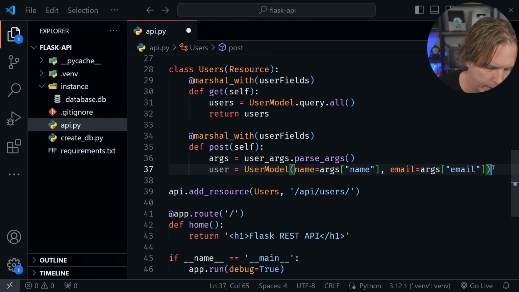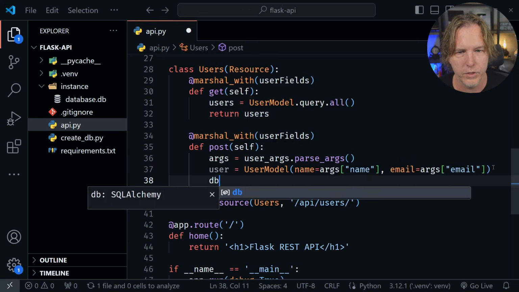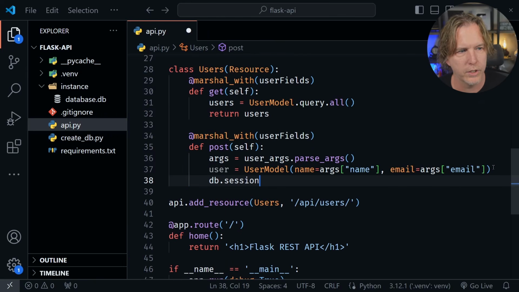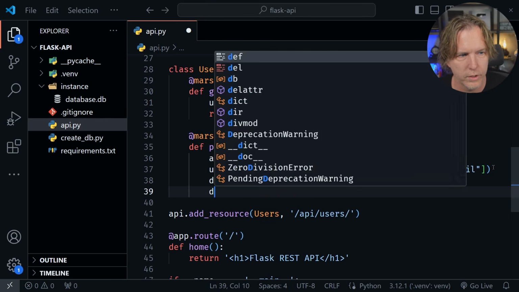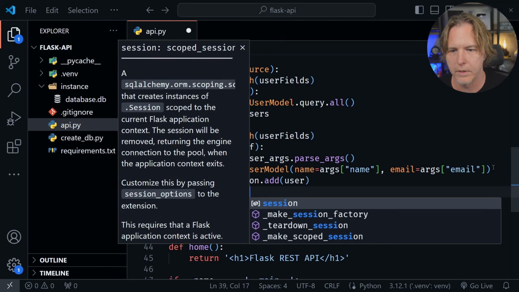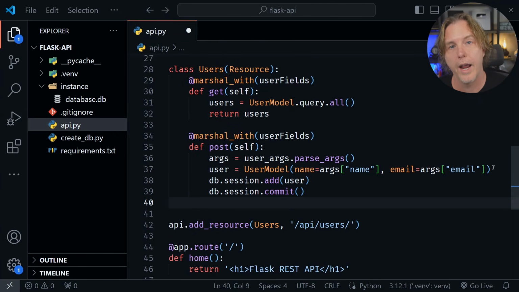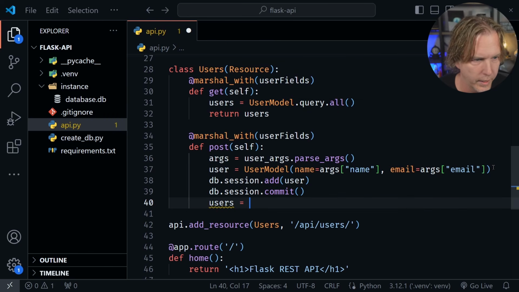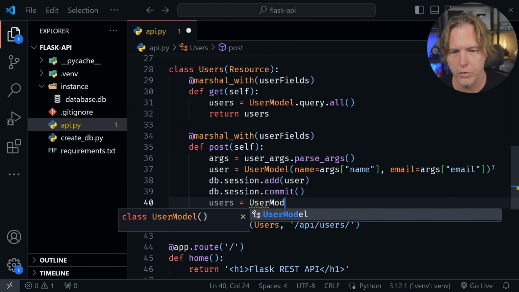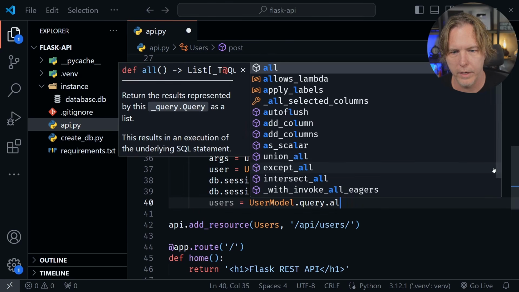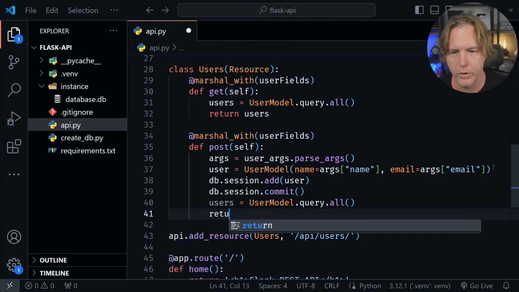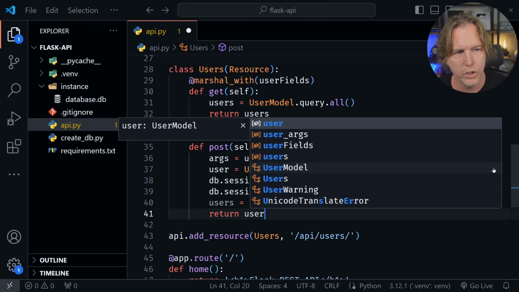So now that we've got the user, on the next line we can say db.session.add and pass in the user. So now we've added the user to the session, db.session.commit, and commit that. And now we can get the data that we want to send back. We've already added our new user. So here we'll say users equals UserModel.query.all,